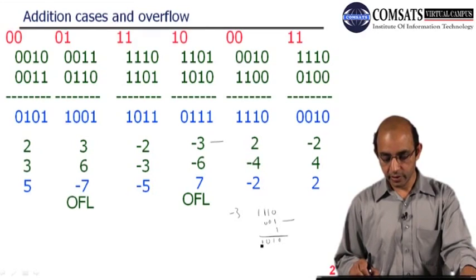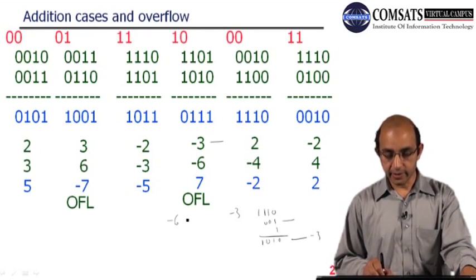So this is -3. And then I have to represent -6. So I have 1 for the sign bit,